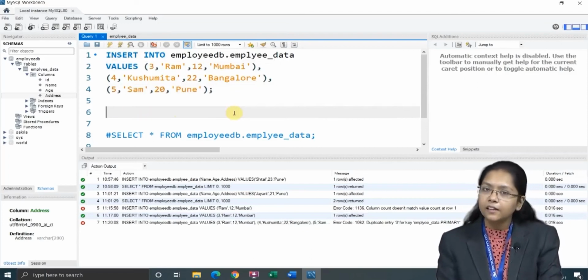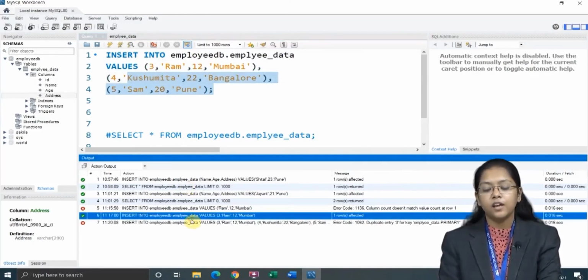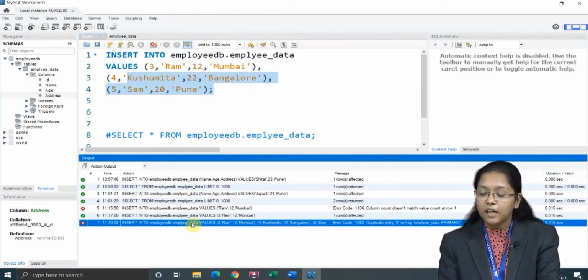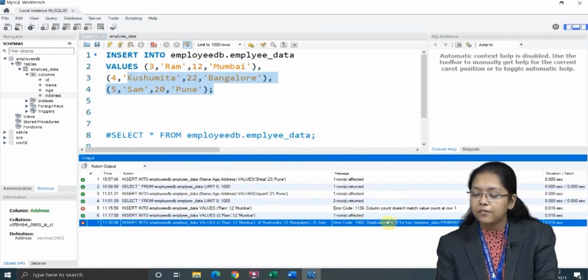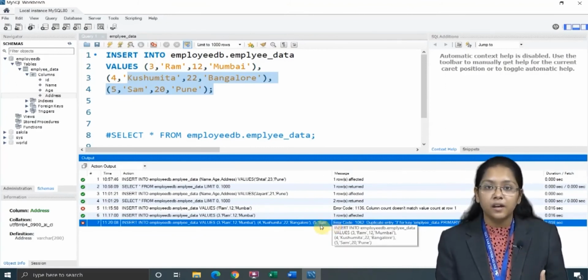Now my query is right, but still I am getting an error. What is the error? It is showing duplicate entry 3 for key employee data. Why am I showing you the error?